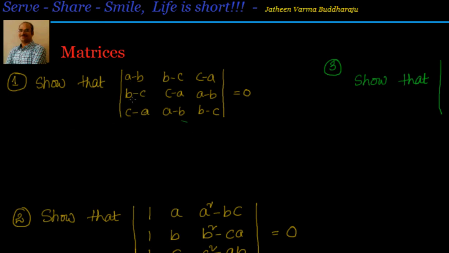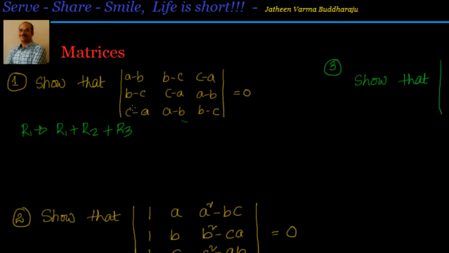Now what I can observe is that in all the rows and all the columns, I have all three terms A minus B, B minus C, C minus A, and they are plus and minus, right? So if I add them, they should cancel out. So what I will do is apply R1 assigned R1 plus R2 plus R3. If I do R1 equal to R1 plus R2 plus R3, what will I have? Let us check that one.